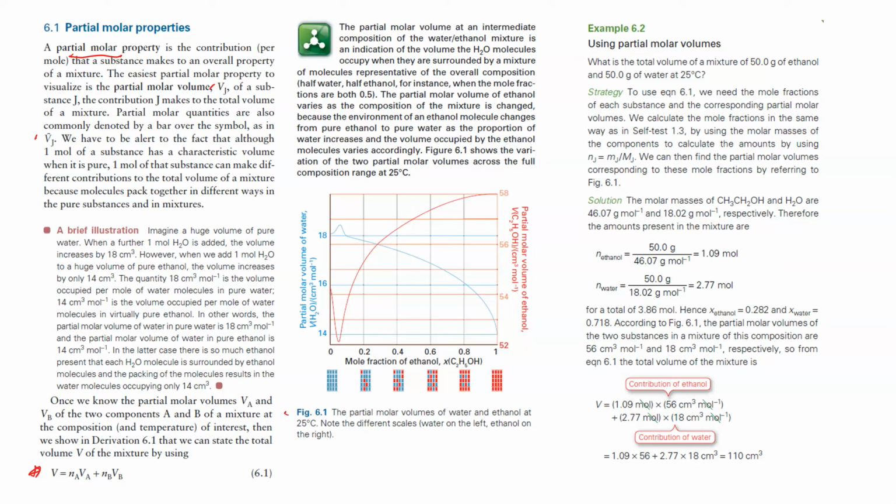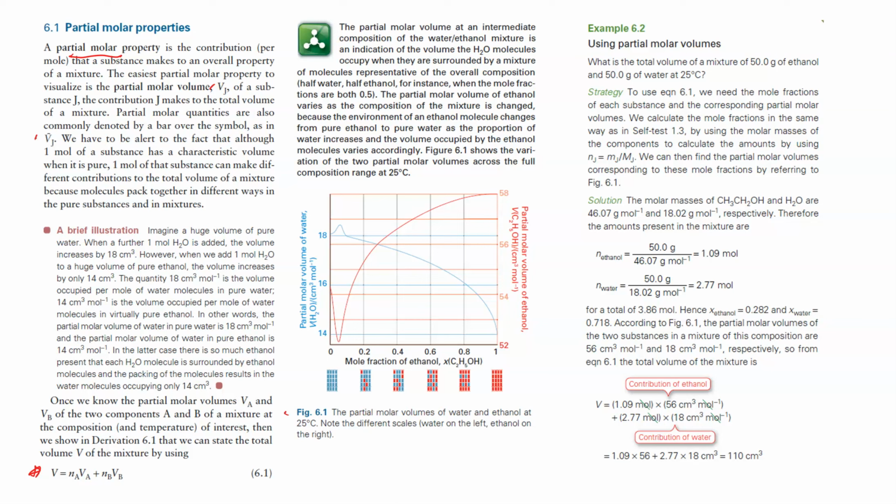So let's jump into an example problem here, using partial molar volumes. What's the total volume of a mixture of 50.0 grams of ethanol and 50.0 grams of water at 25 degrees Celsius? As a strategy to solve this problem, we're going to use equation 6.1. We need the mole fractions of each substance and the corresponding partial molar volumes. We calculate the mole fractions in the same way